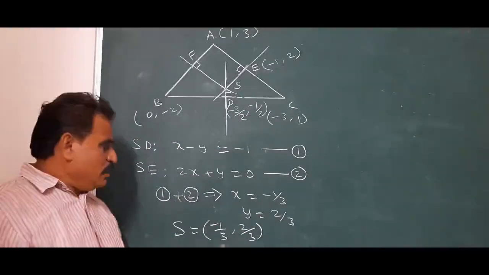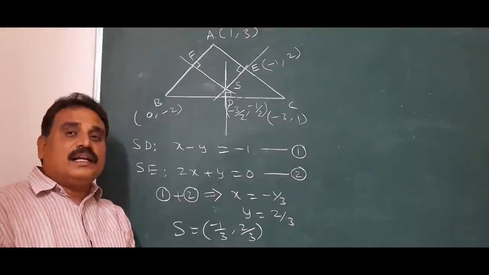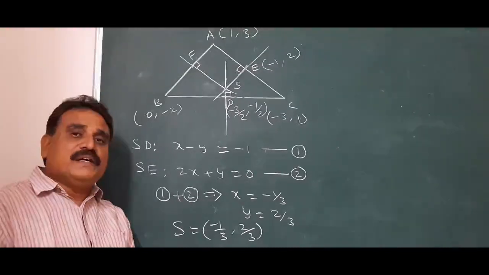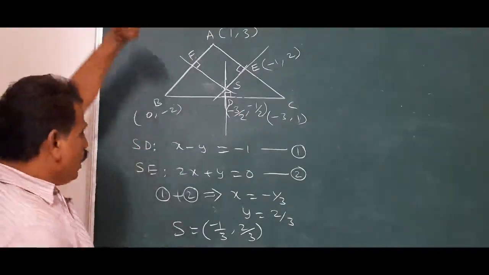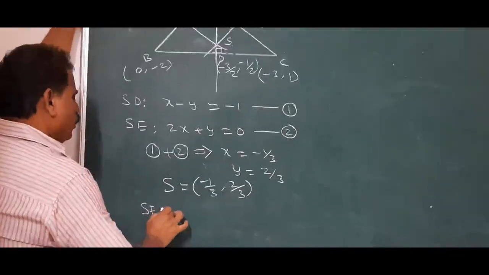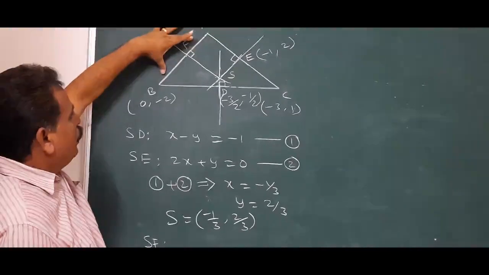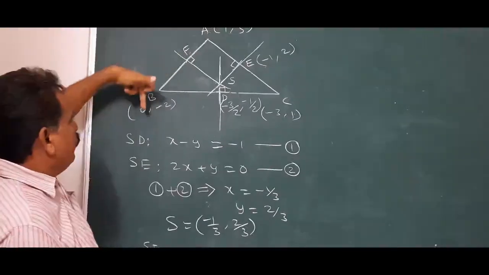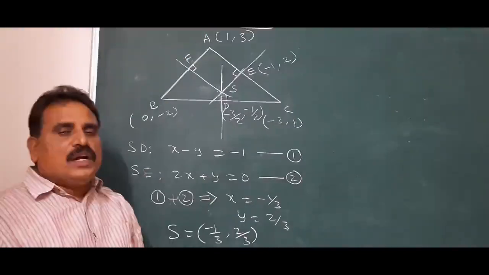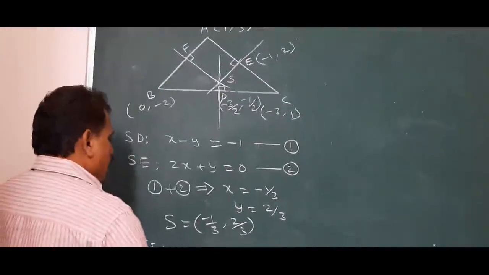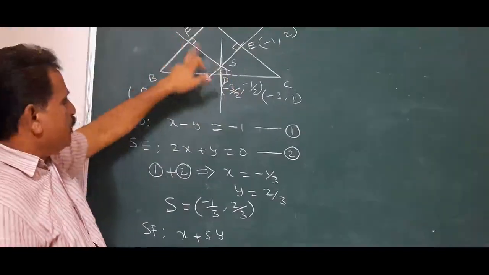Check that. Is it the right answer? Circumcenter. How to check that? We can find the other perpendicular bisector. What is that other perpendicular bisector? That is SCF. Look here, we check the equation of SCF, perpendicular to AB. Same, x coordinates difference 1, y coordinates difference 3 plus 2, 5. 1, 5 taken as x and y coefficients, x plus 5y. To find the perpendicular line, we get x plus 5y.